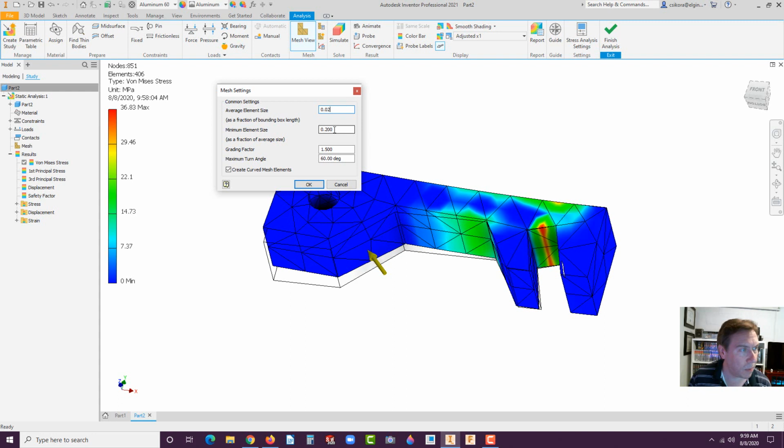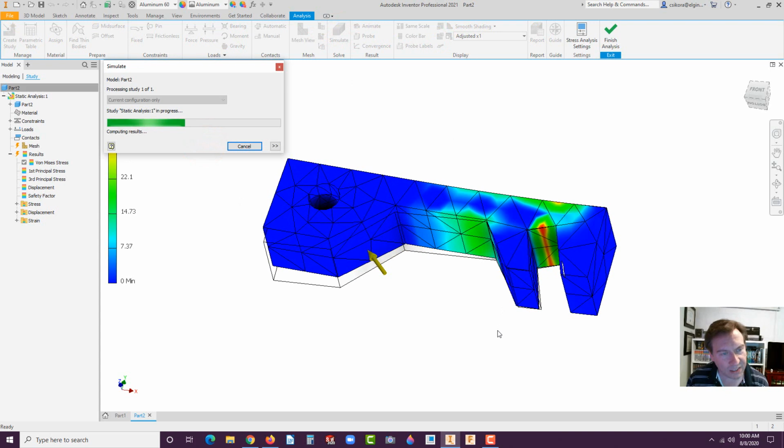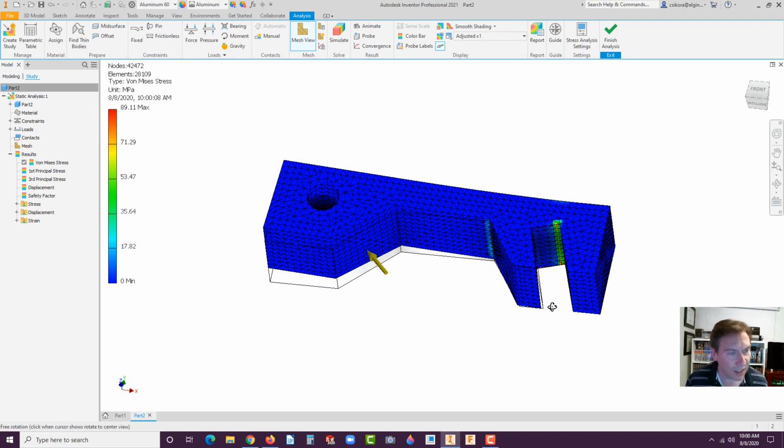Okay, and the minimum element size, let's go ahead and put in 0.01. Now this is probably too much detail, but let's go ahead and see what happens here. Hit OK and run the simulation again. And watch the polygon count. It'll increase dramatically. Okay, now not only did we jump from almost 40 to 89 max, but